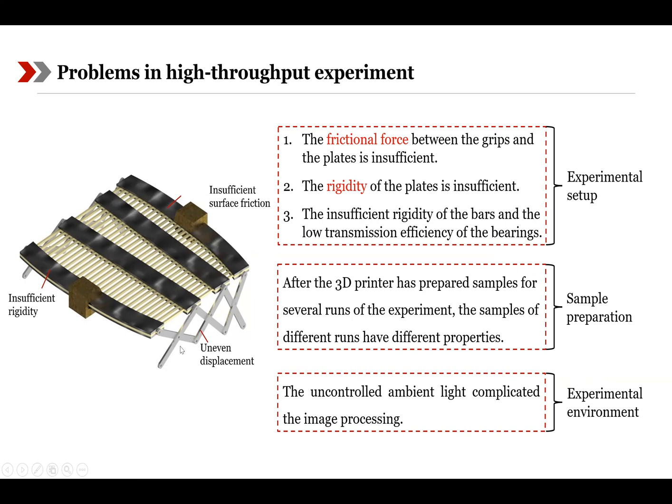of bars and bearings cannot transmit displacements to different rows of samples equally due to the insufficient rigidity of the bars and the low transmission of the bearings. For the sample preparation, we have also noticed another batch effect. In our experiment, samples are fabricated by a 3D printer. But after the 3D printer has prepared samples for several rounds of experiments, the samples of different rounds have different properties. For the experimental environment, we videotape the experiment and identify the rupture of the individual samples by image